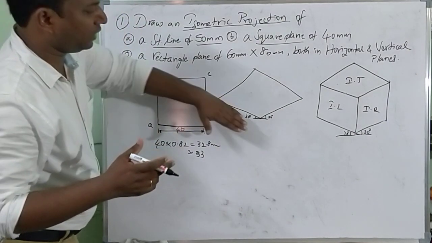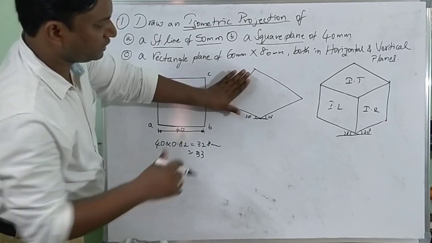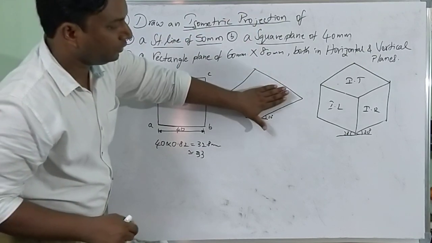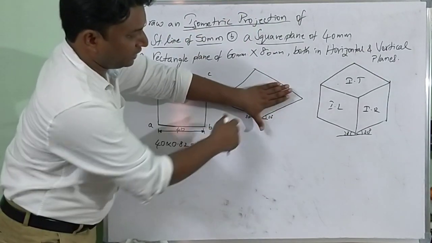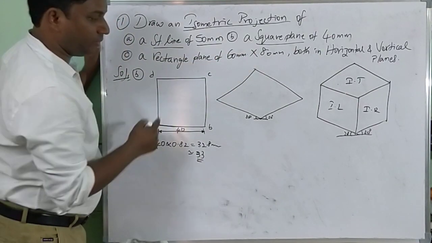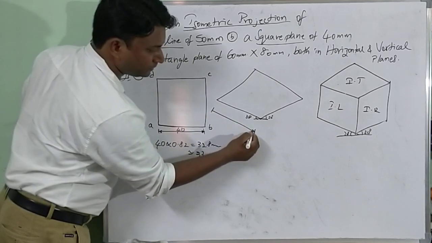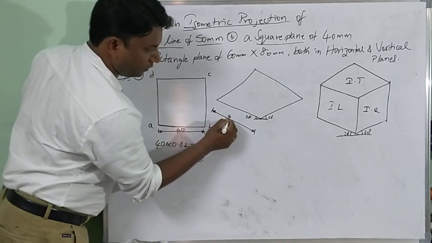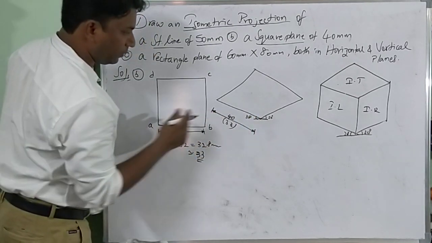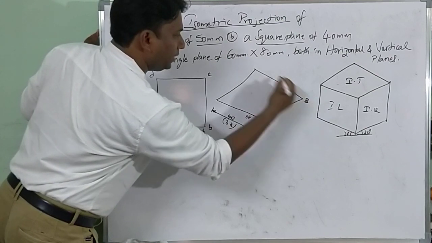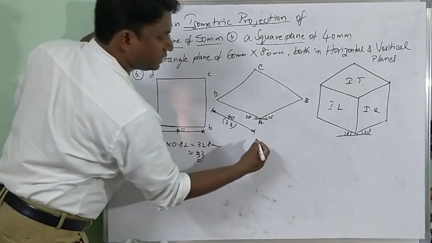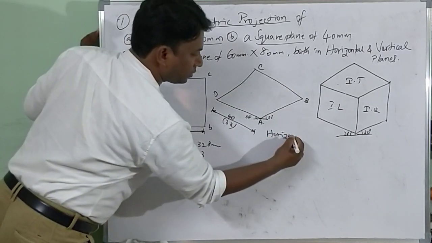If you have a drafter, after drawing 30 degrees, just keep it, align it, fix it, take it here and draw the same. Now move the drafter, fix it, align it, draw this. Now what dimension are you supposed to use? 33 mm, but we are supposed to show it as 40 mm. In brackets you can write 33, actually isometric. With respect to point A we are doing so, A, B, C, D. With reference to which plane have we drawn this? Horizontal plane.